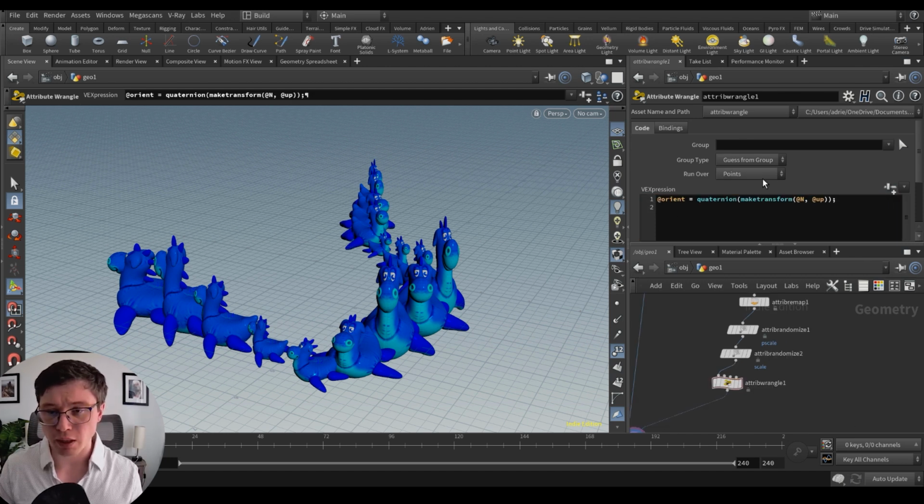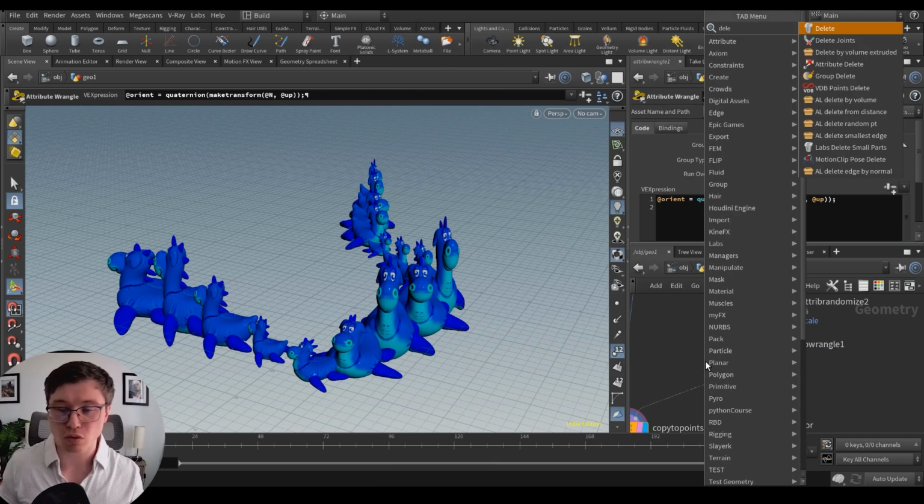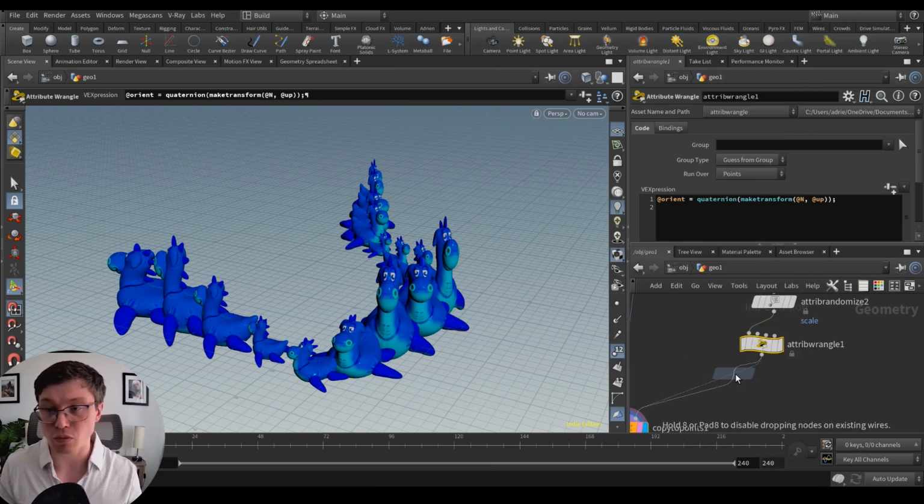What it's doing, it's first creating a matrix3 using this n and up vector, and it's turning this matrix into a quaternion. So it's not actually directly converting those two into a quaternion. It's first converting it into a matrix and then converting that into a quaternion. So that's basically how that works. In that case, you'll see that if I delete the attribute n and up, I think it would still work.